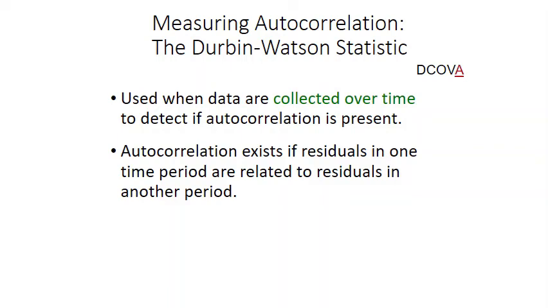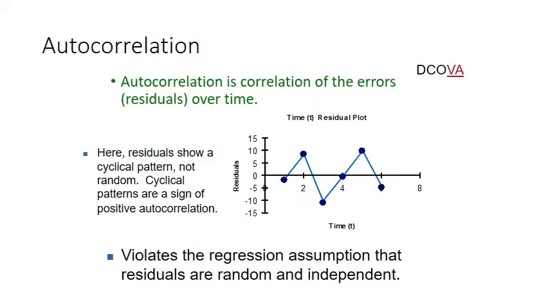So the last part of this lecture is measuring autocorrelation. We measure autocorrelation by using Durbin-Watson statistics, and I directly jump into the formula without going into the discussion of what Durbin-Watson statistics is and why we use it. Anyways,